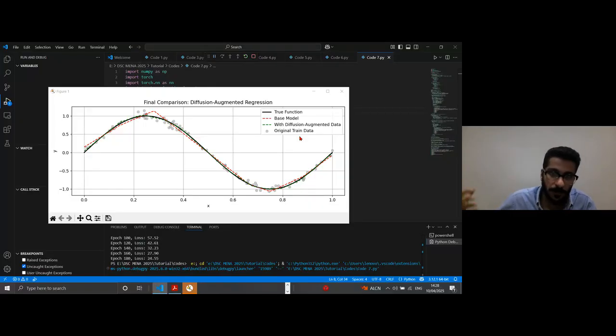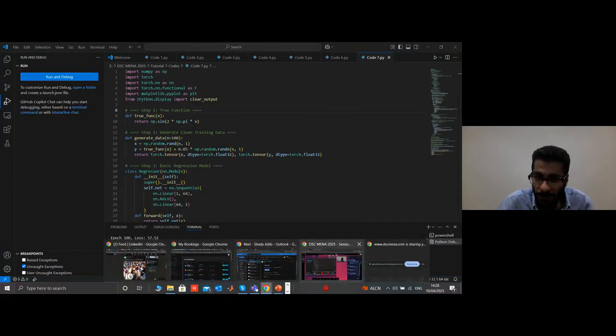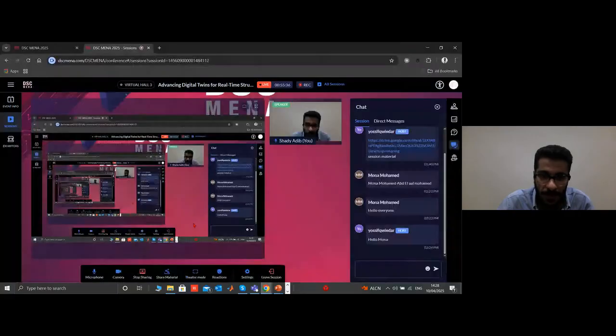One more thing: it's a very simple one, but you need to go deeply to understand how it works, and how the mathematical formulation is introduced to the model.